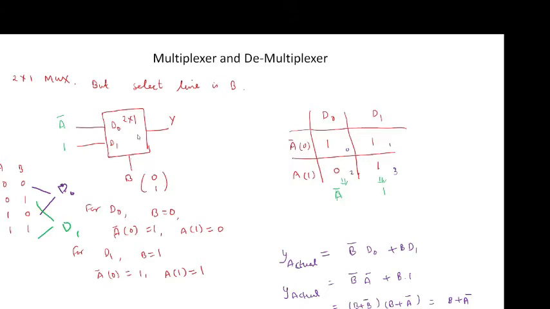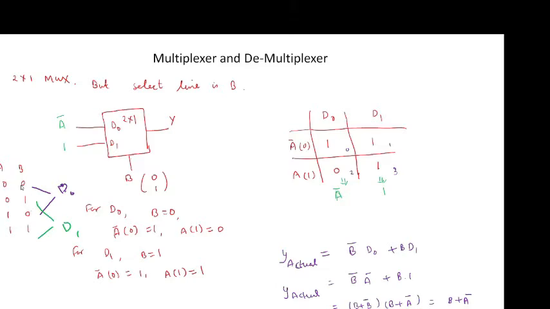Now see here for D0, B is equal to 0. Now see in this table that when B is equal to 0, it is for line 0, and B equal to 0 for line 2.